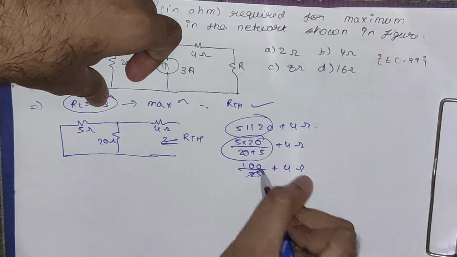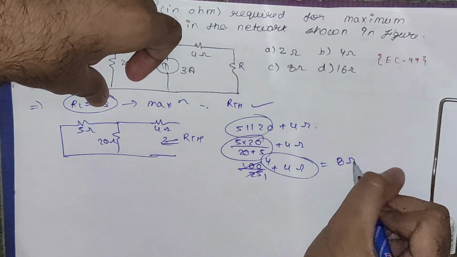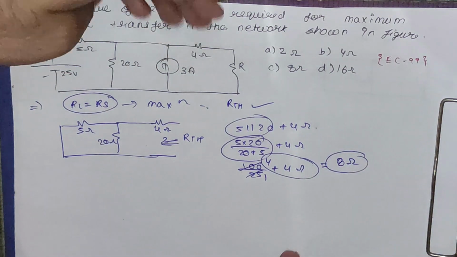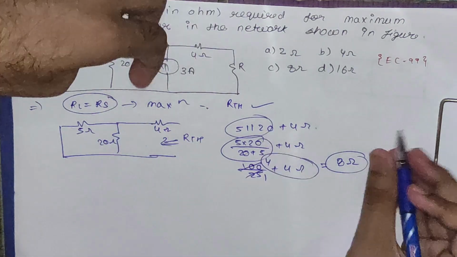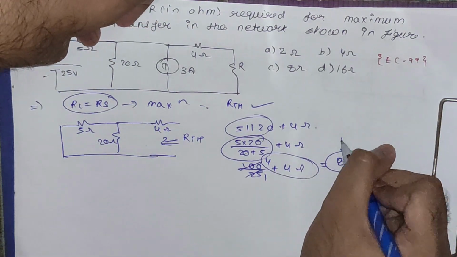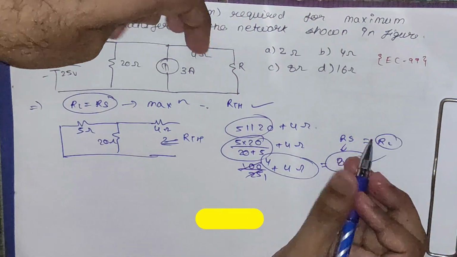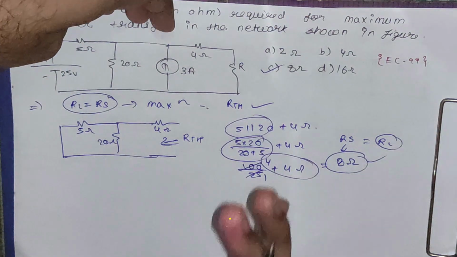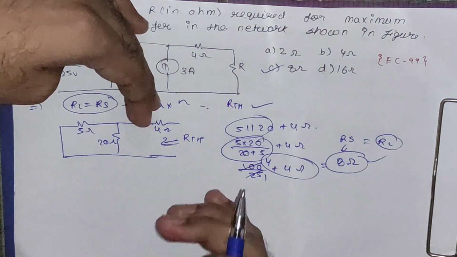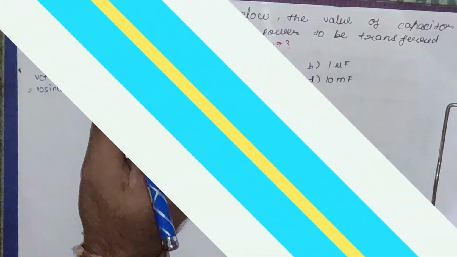It is nothing but 25 ones are 25, 25 fours are 100, so here it will be 4 plus 4, it is nothing but 8 ohm. Okay, so the value of RL for which the maximum power will be transferred to the load is nothing but 8 ohm. This is our RS which will be equal to RL for the maximum power to be transferred. Okay, so the correct option will be this 8 ohm. So till now we have seen three conditions: when RL is unknown, when complete ZL is unknown, and when we have a resistive circuit.